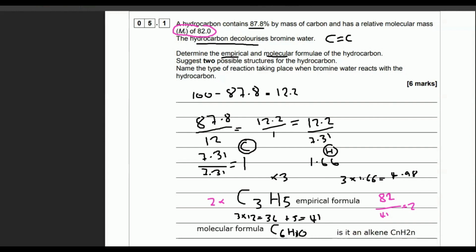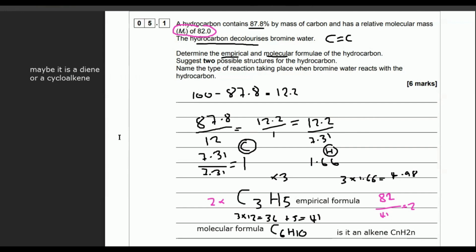C6H10, it should be C6H12 if it's an alkene that's decolorized the bromine water. So it definitely has a double bond, but it's not an alkene. So then I start thinking, oh, well, maybe it is an alkene, but it's a diene. Maybe it is a diene or a cycloalkene, because they're going to have less hydrogen. If you're a diene, you've got 2 double bonds, and if you're a cycloalkene, you're going to have less double